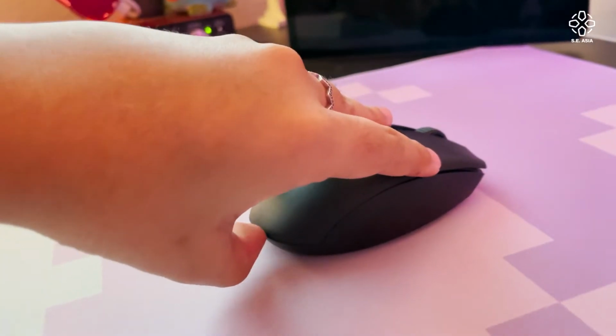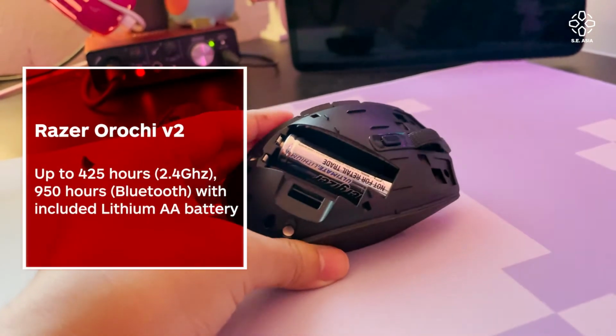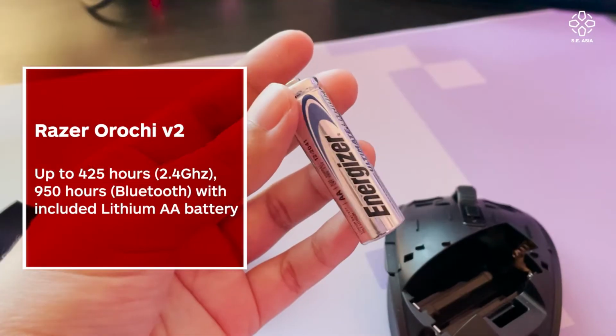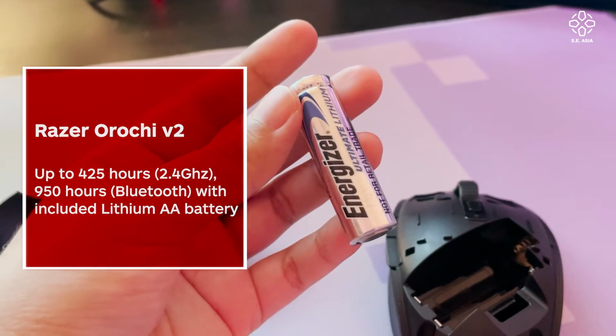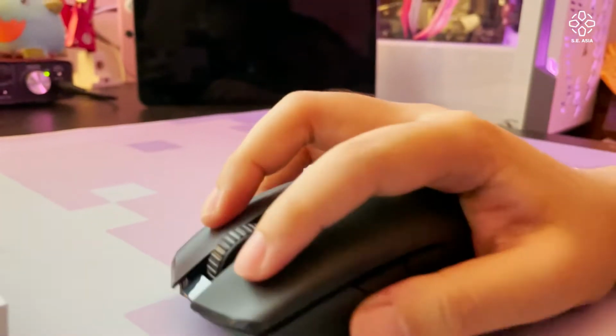It does have a pretty long battery life, I must say. By battery, I literally mean this battery. AA or AAA, up to you, depending on what you want to use. I love that. As for battery hours, 425 hours with the 2.4 gigahertz connection, or 950 hours with Bluetooth with the battery provided. Also guys, Razer's typical optical sensor, the second generation Razer mechanical mouse switches,